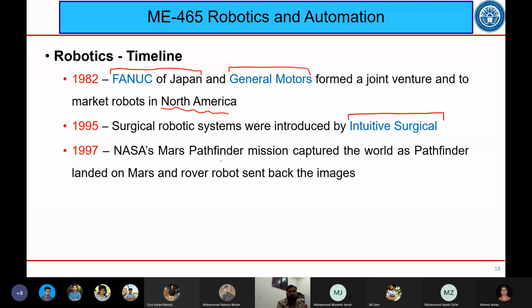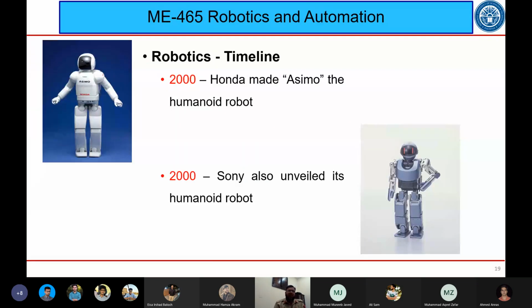Then the surgical robots, the system was invented by Intuitive Surgical. ये भी एक कंपनी थी, इंट्यूटिव सर्जिकल नाम की, जिन्होंने सर्जिकल रोबोटिक सिस्टम्स के ऊपर काम शुरू किया। 1997 में you remember that NASA ने अपना पाथ फाइंडर मिशन भेजा था, जो मार्स पे लैंड किया, और उसने वहाँ से कुछ इमेजेस वापस भेजे थे। ये पहला मिशन था। और अभी रिसेंटली आपने देखा है कि जो मार्स पे लैंड किया, वो वहाँ से न सिर्फ इमेजेस, वीडियोस, सैंपल्स और पता नहीं क्या क्या चीज़ें भेज रहे हैं। तो ये 1997 की बात है।